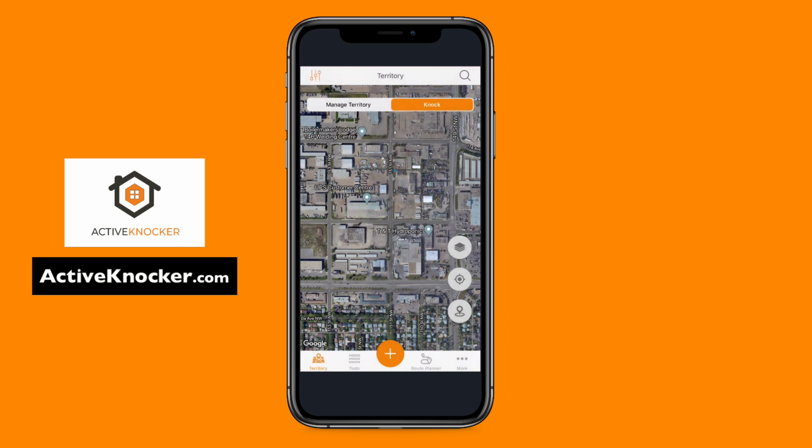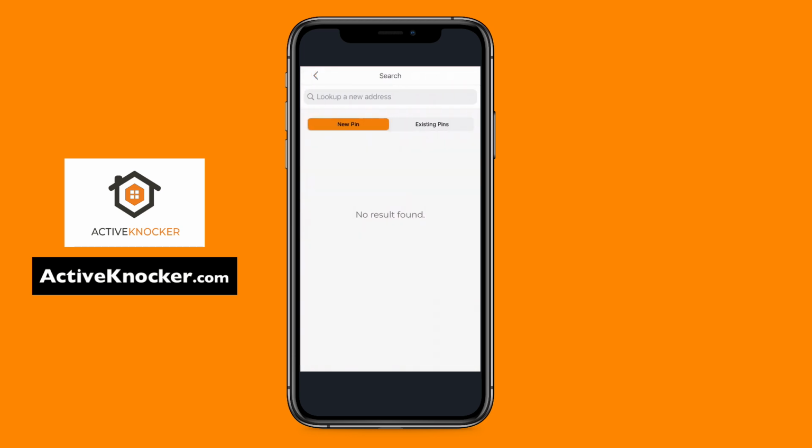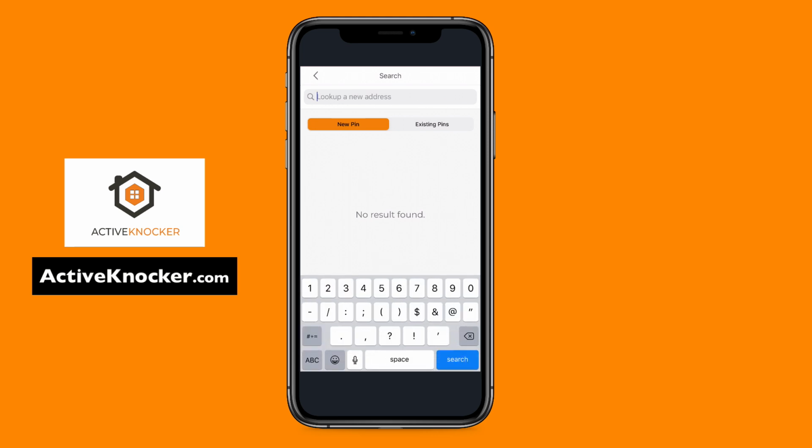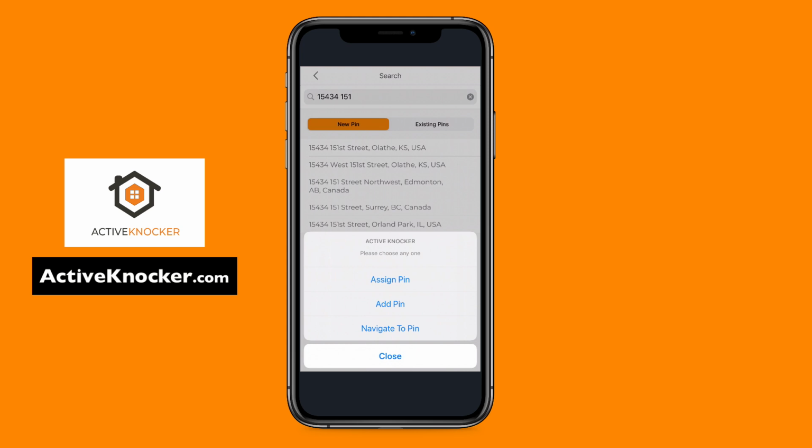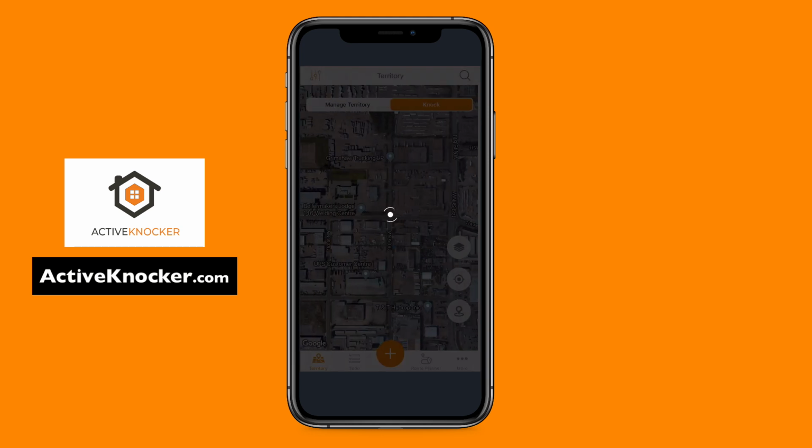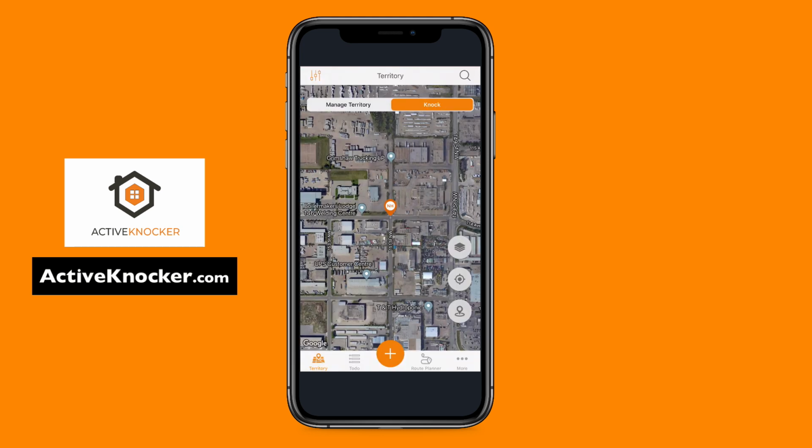Okay, so let's go back over to the magnifying glass and let's type in another address like 15434 and let's just go with 151st. Let's see. Okay, we have one of that. You're in the northwest of Edmonton, Alberta, Canada. When we click on it, you'll see, again, you can assign the pin, add the pin, or navigate to the pin. Remember, adding the pin, what it's going to do is if I click it, it'll instantly add that pin